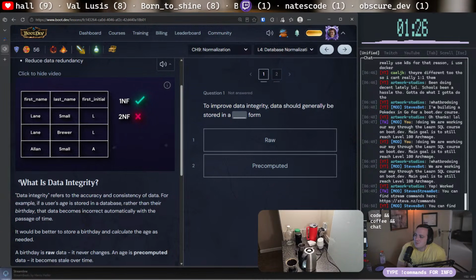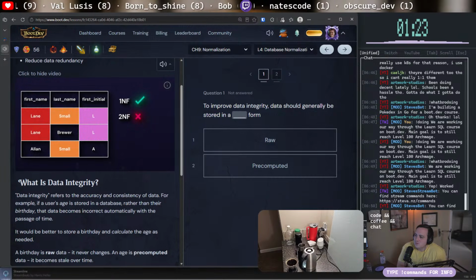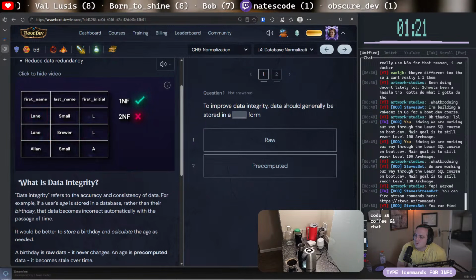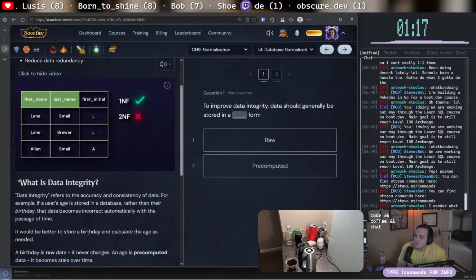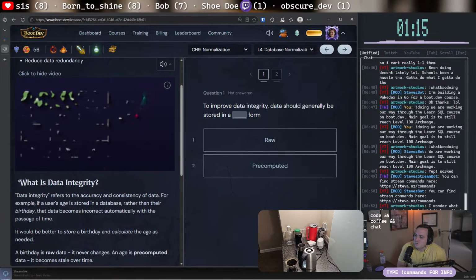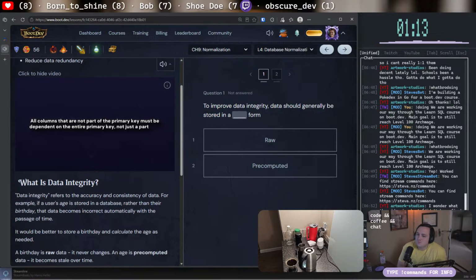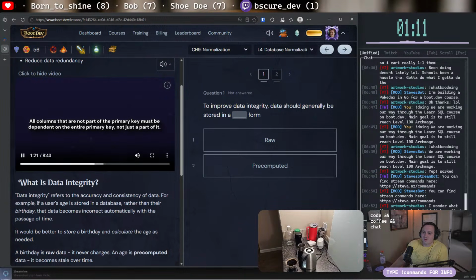None of the columns can be a primary key by themselves because none have completely unique values, but we can choose a pair that creates a unique combination, like first name and last name. Now, with that definition of a primary key in mind, let's read the rule again. All columns that are not part of the primary key, in this case, just first initial, must